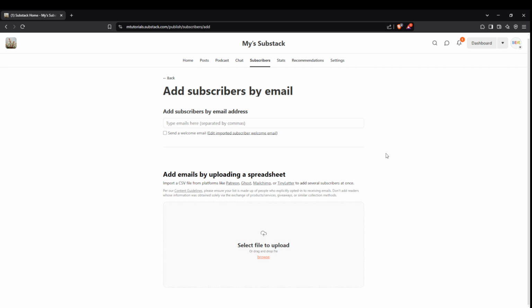The upload might take a moment depending on the size of your list. Once it's complete, your subscribers will be added to your Substack account. And that's it, your email list is now successfully uploaded to Substack. Having your subscribers correctly imported means you're all set to hit that send button on your next newsletter, reaching your